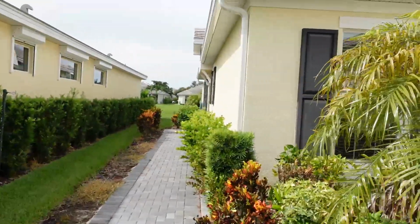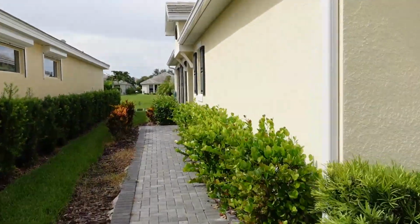Okay, we are in the villa section, or one of the villa sections. There's a couple different styles here, but for the purpose of being able to get in these units and not bother people, this is the single family home style of villa. There's another one that's attached like a duplex. We don't have any of those on the agenda as there was only one even available in this community. There's 35 listings in here, and this is my newest. So I wanted to show you what it looked like